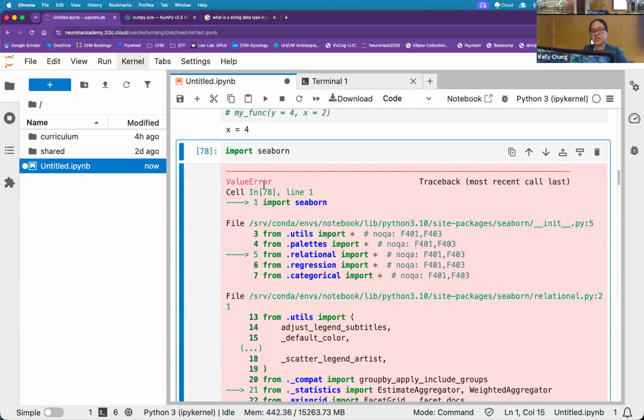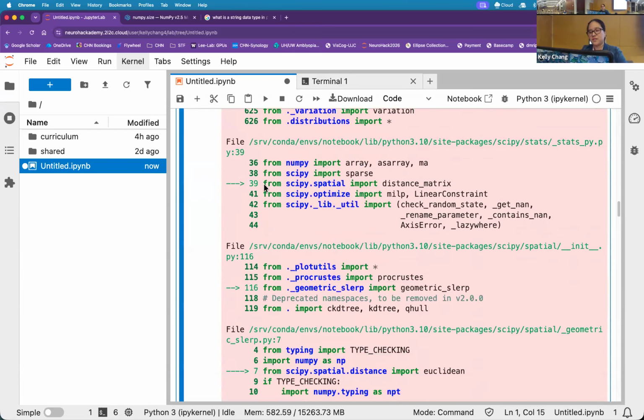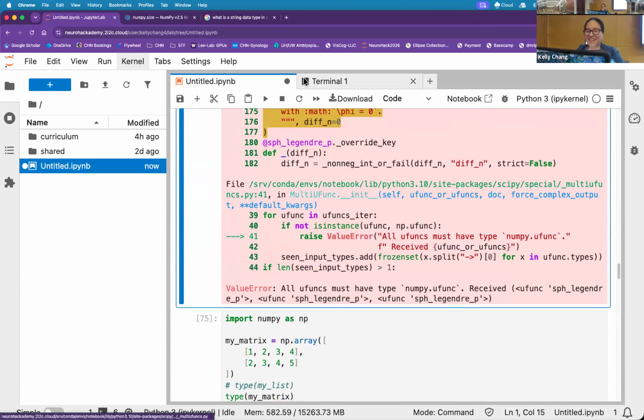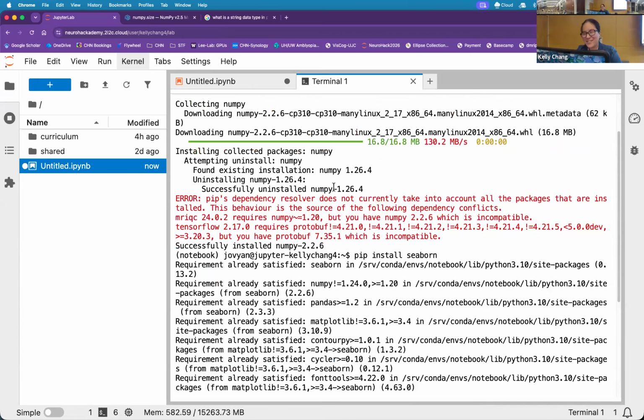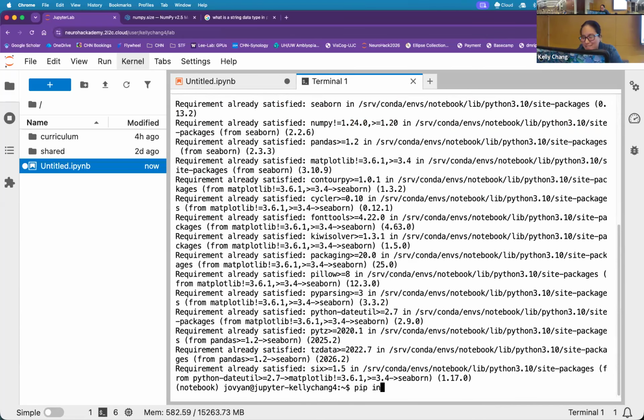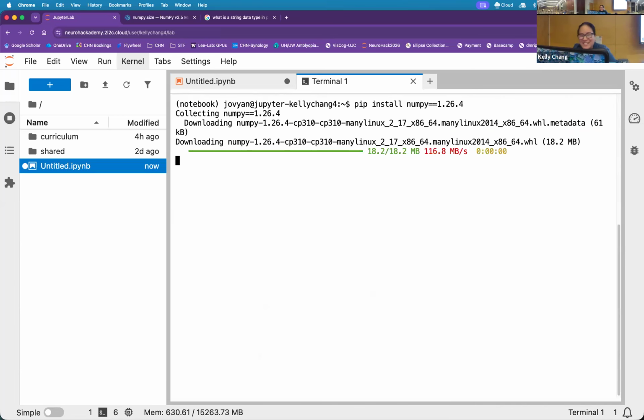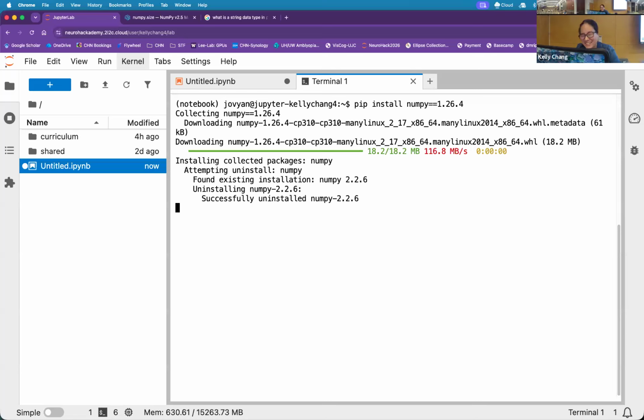The asterisk right here says it's thinking. Maybe I didn't install it. Oh no, did I crash my NumPy? I should not have done this. I did. The versioning. Existing installation. I'm going to go back. Pip install NumPy, correct version. I should not have upgraded.